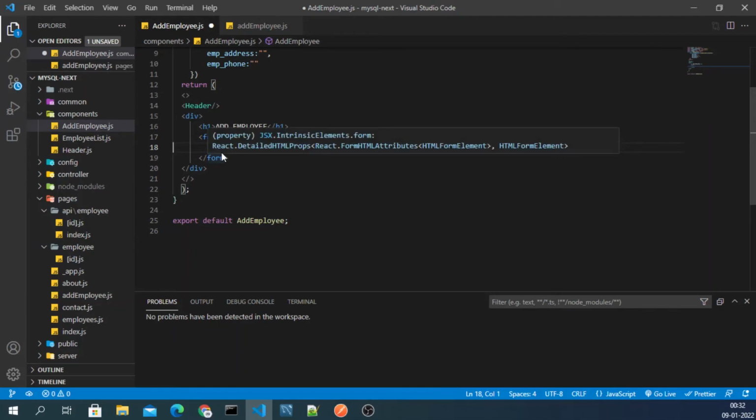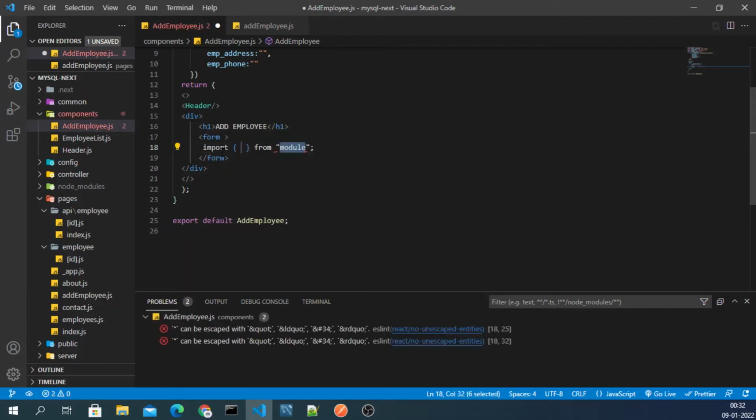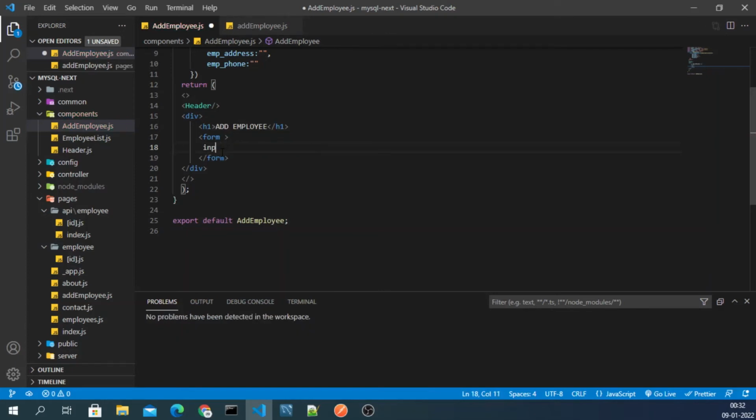And here we will type input. Okay, and this is a type text, and then we will need a couple of fields. The next field will be class name.